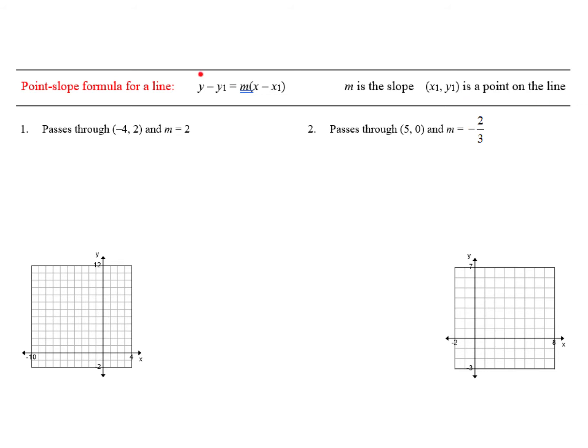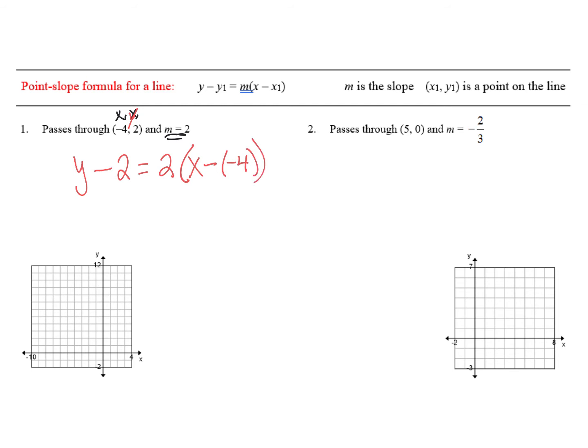Now, when you're writing these equations, your y here and your x here are the variables x and y that will remain for your equation. So let's see what that looks like. We're going to write the equation of a line that passes through negative 4, 2. So there's my x1, y1, and then my slope is 2. So it's going to be y minus y1, which is 2, equals m, which is 2, times x minus x1,